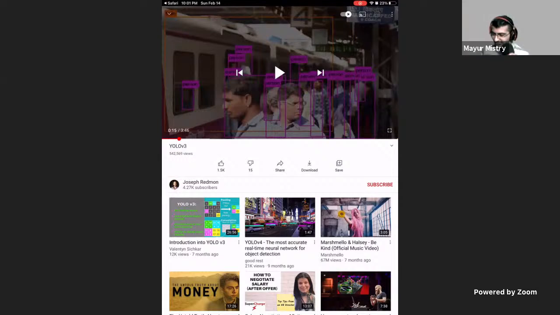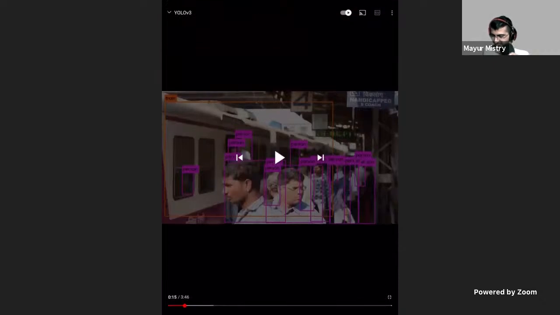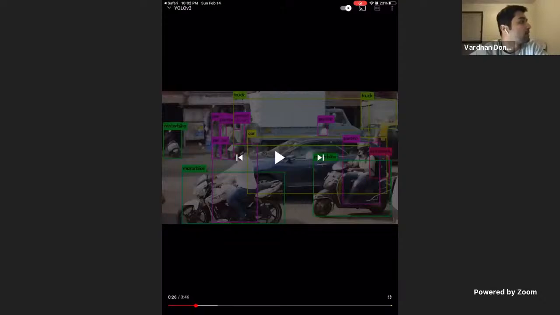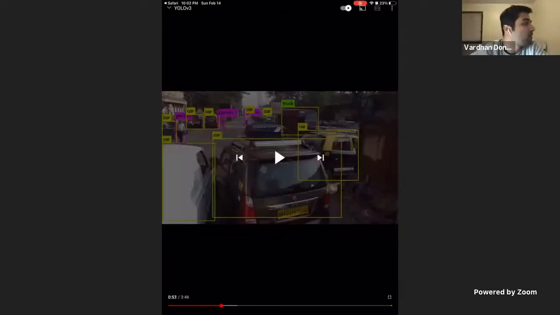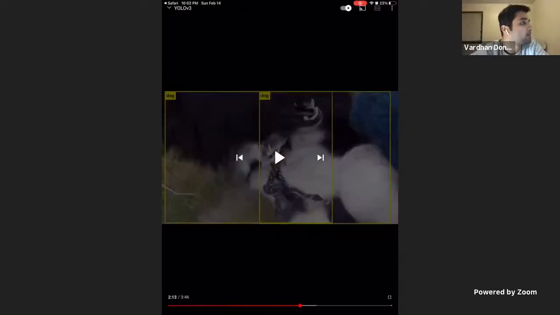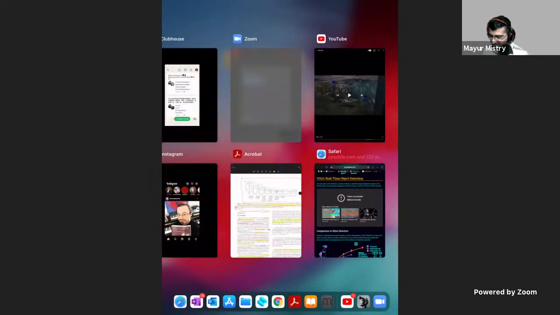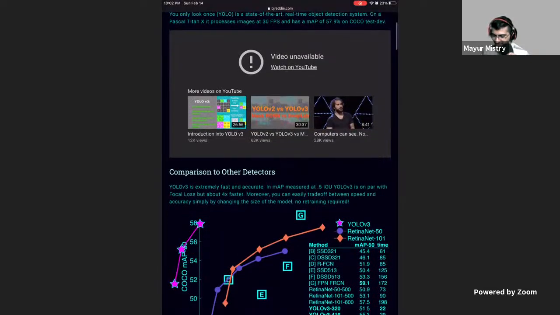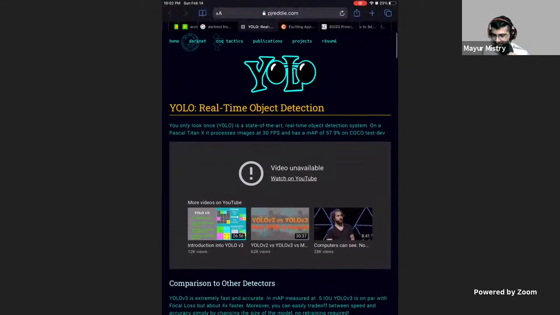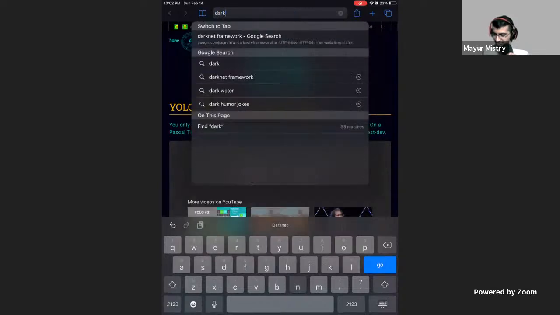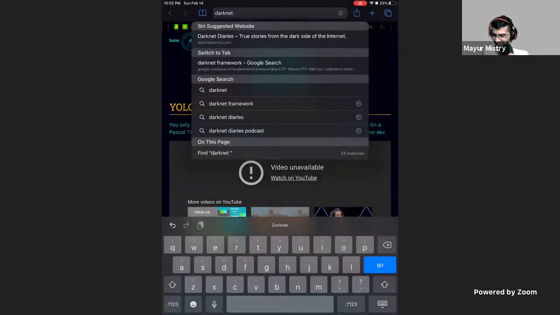This is YOLO V3. Yeah, it's on the darknet website that they have used in their reference. What's the framework? I think they're explaining the model in that. I think it's not super important, but I thought